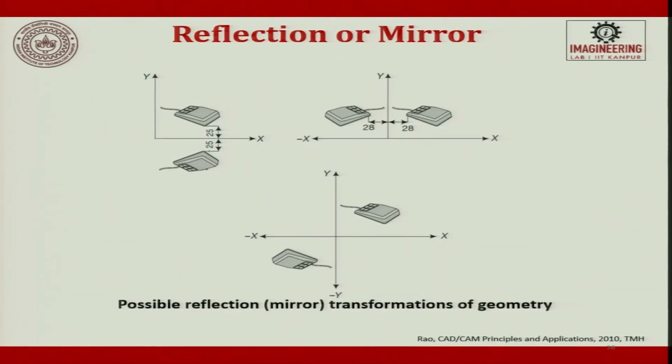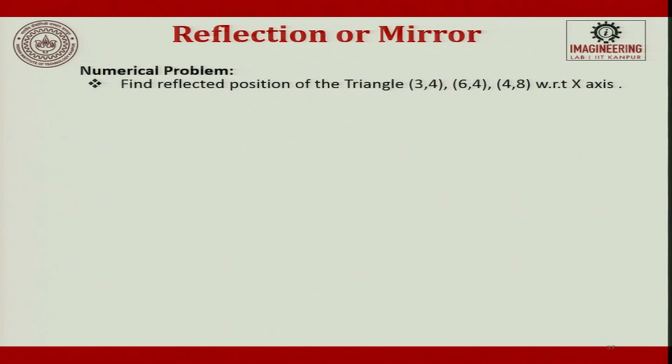So, this is reflection in the mirror. You can see it is reflected. This is reflection about the y axis, about the x axis. This is what I said, this is about this plane, it is not about x and not about y, but about two things. So, let us try to solve a simple problem to understand the reflection matrix.